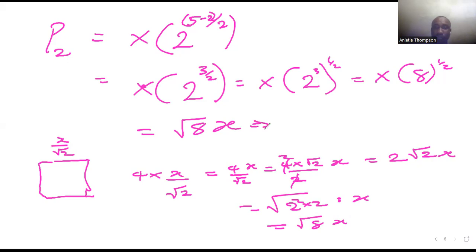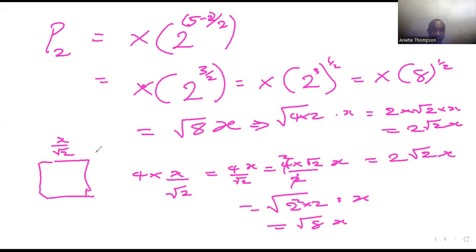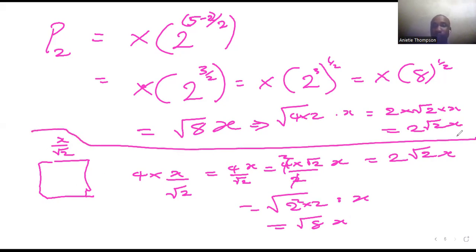Now look at here. The square root of 8 is the same thing as square root of 4 times 2, then times x. Square root of 4 is 2 times square root of 2, then times x, which is 2 root 2 x, just like before. So you can see for the second square, the perimeter is also given. That means the